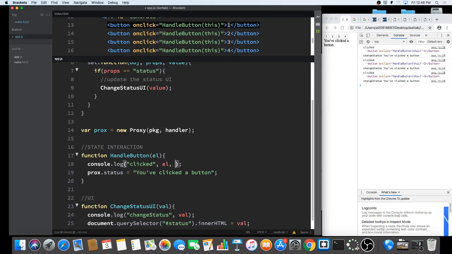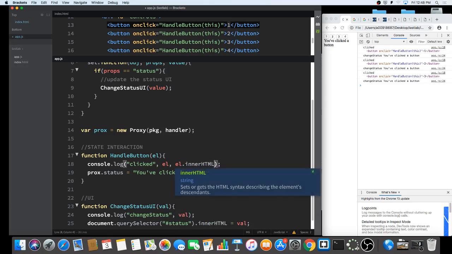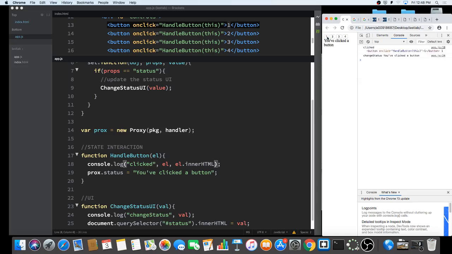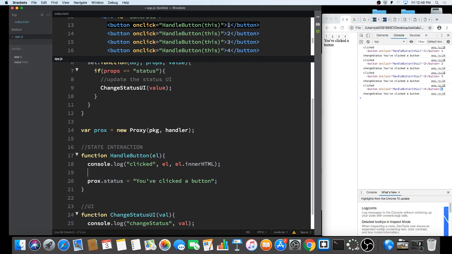Well, we can test l.innerHTML was what I heard someone say. So this inputs innerHTML. So we get clicked with the button and 1, clicked with the button and 2, clicked with the button and 3, clicked with the button and 4. So now that we know the differentiation, we can do some simple if statement. Like, for example, if